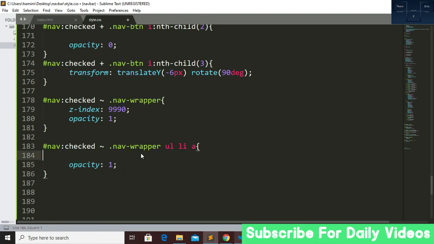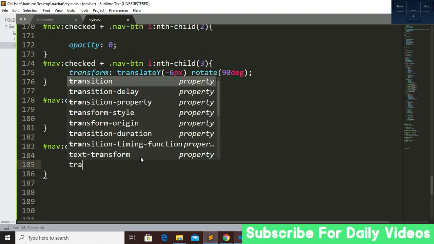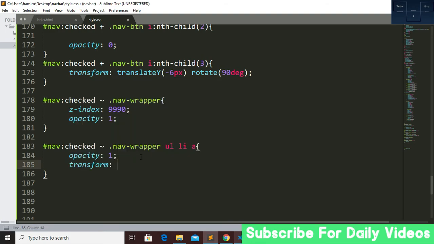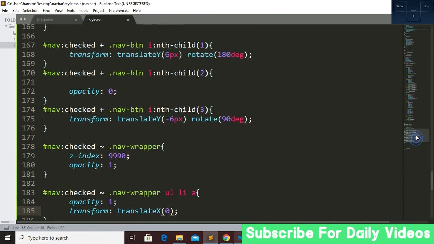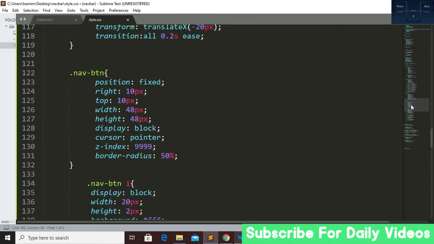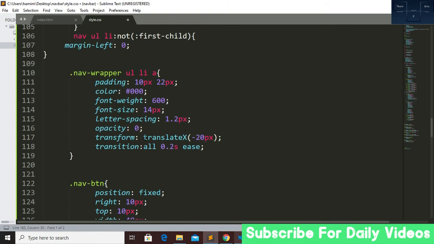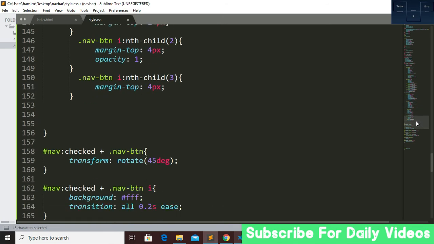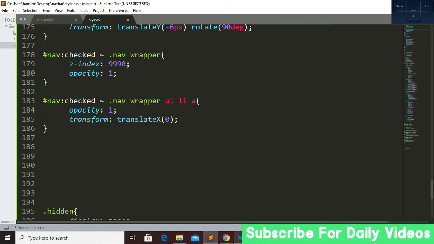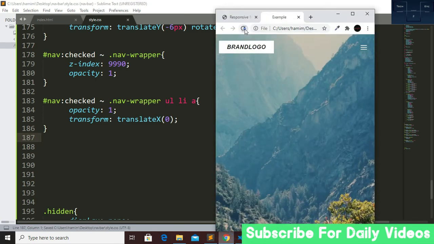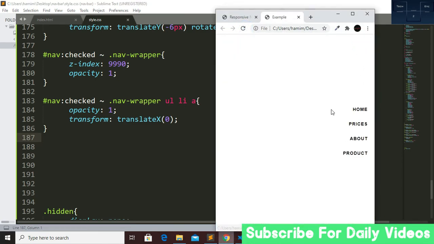I don't want this, and transform will be translate x 0, because let's show this to you. Here you can see that I create a transform x which is minus 20 pixel, but I don't want this in our small screen, so that's why I am giving the value of 0. Now save, and if we go and refresh, yeah, this is now our navigation.